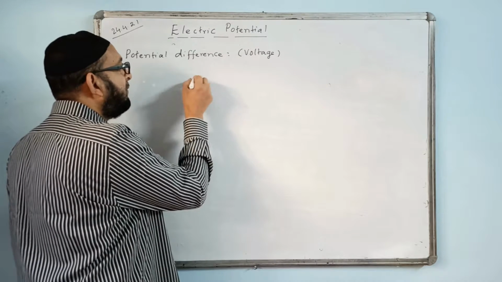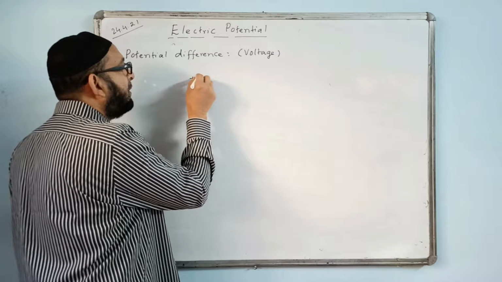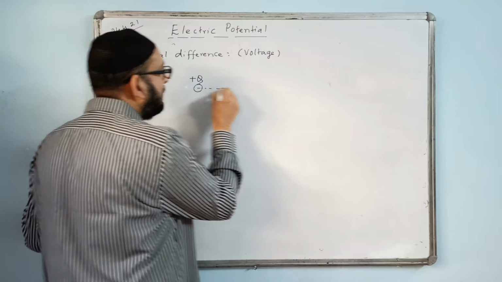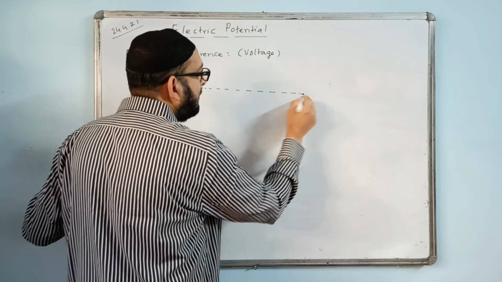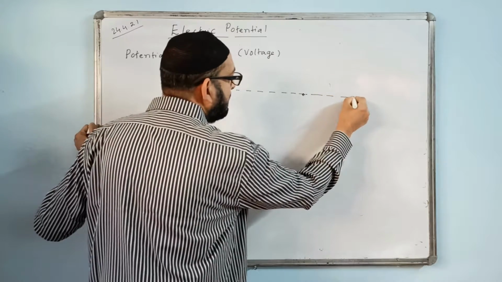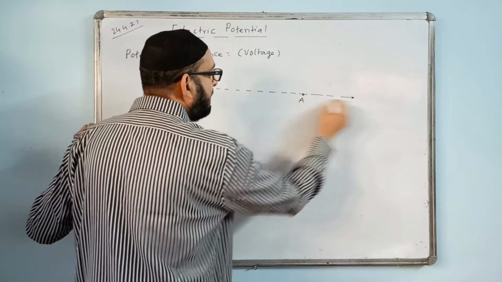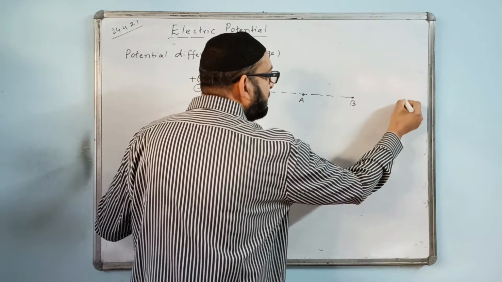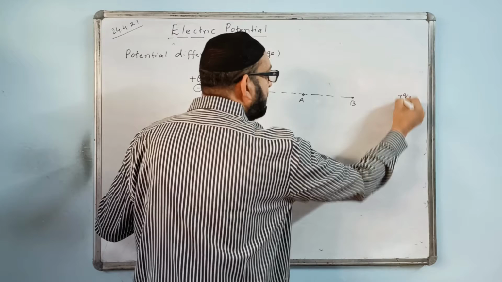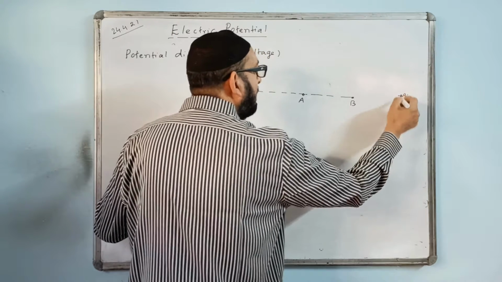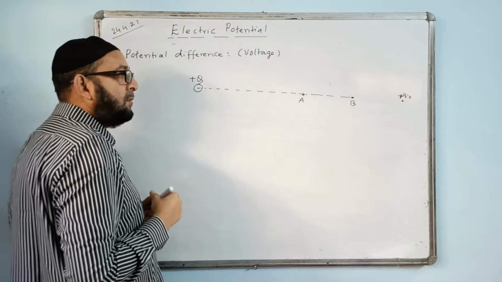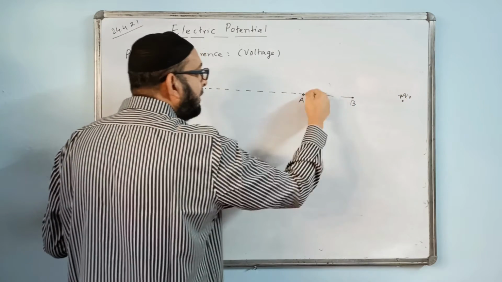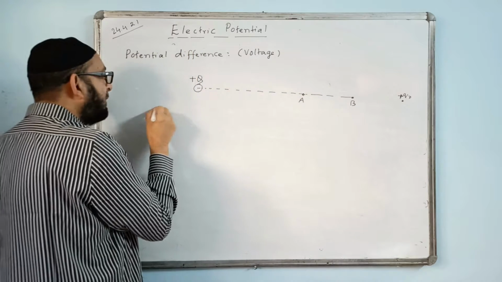So there is an electric field. A charge is out here. We already have a charge Q, and we have 2 points. This is the point A. This is the point B, and we are moving the test charge. Test charge is Q naught, plus Q naught. We are moving it, work done to move the charge from the point B to A. So therefore we write like this.